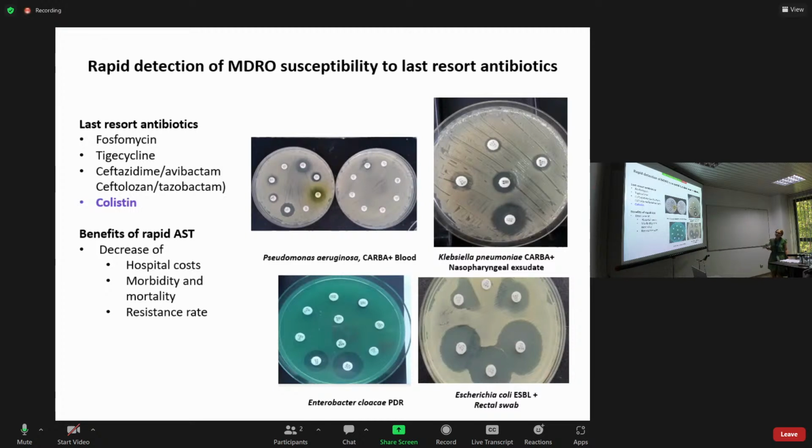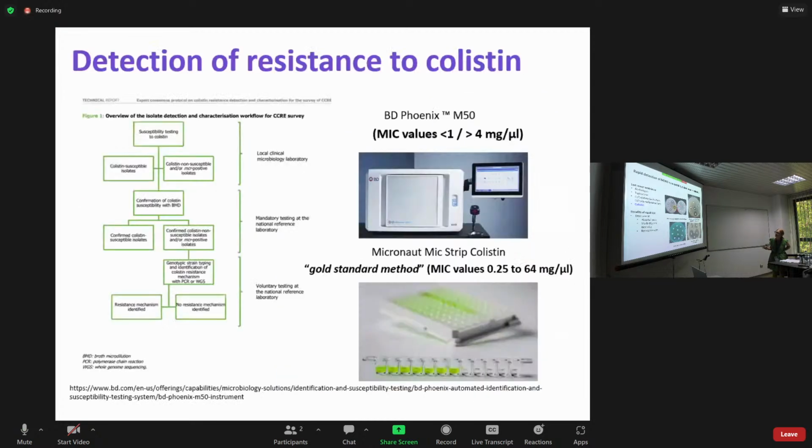And you can see some antibiogram plates from our hospitals that are not very encouraging, what we can see here, for example, or here. And the protocols for the detection of resistance to these last resort antibiotics like colistin are very